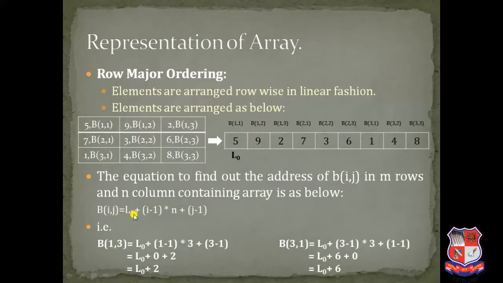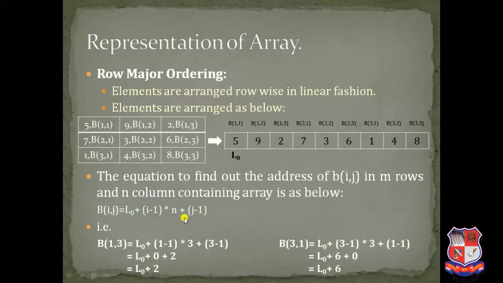L0 represents the base address of the array, that is the starting address of the array, or you can say the address of the first element of the array. So B of ij is equal to L0 plus (i minus 1) times n, where n represents the number of columns, plus j minus 1. For example, if I would like to calculate the address of B13, which stores value 2,